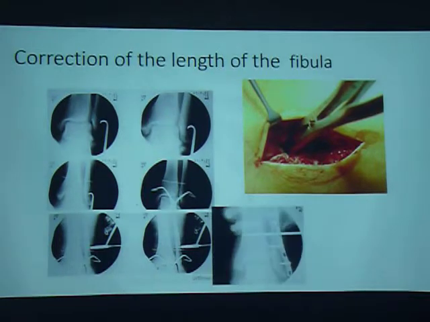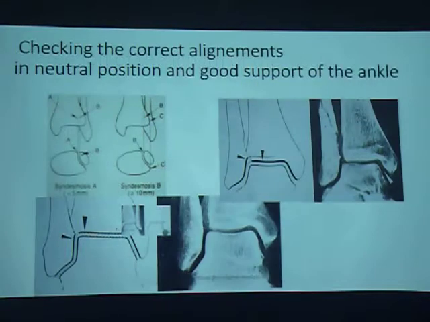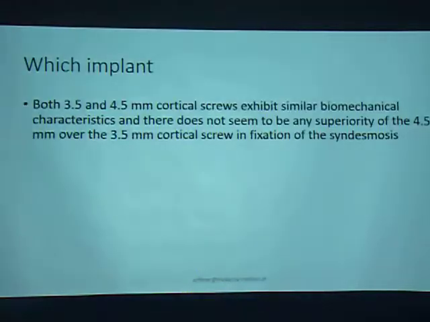See how it's done. How can I check it? You see it, that medial gapping, right? You see it here. If this spike is up, we have a medial gapping. If it's down, it goes. And we have heard before about this ball from Weber. Yeah, this ball of Weber should fit in here. And if you see this gap, that means the fibula is too short. That's a wrong situation.